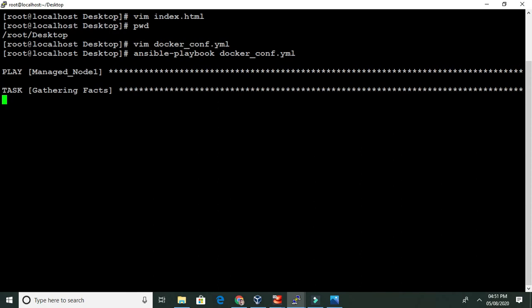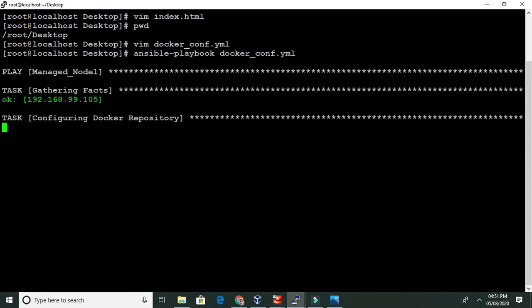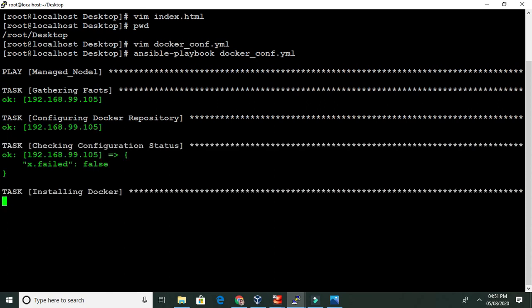It will run all the tasks. First it creates the Docker repository, means configuring the Docker repository. Now it's installing the Docker community edition.